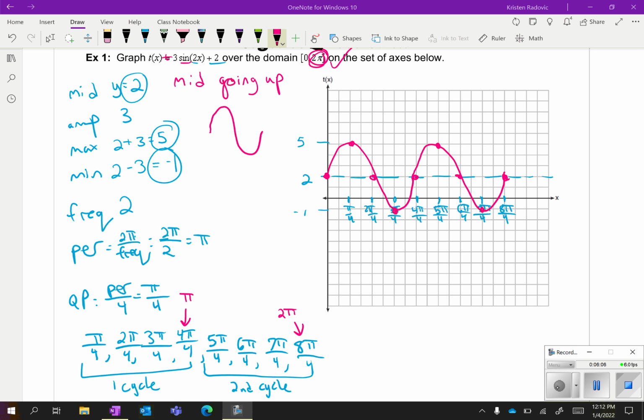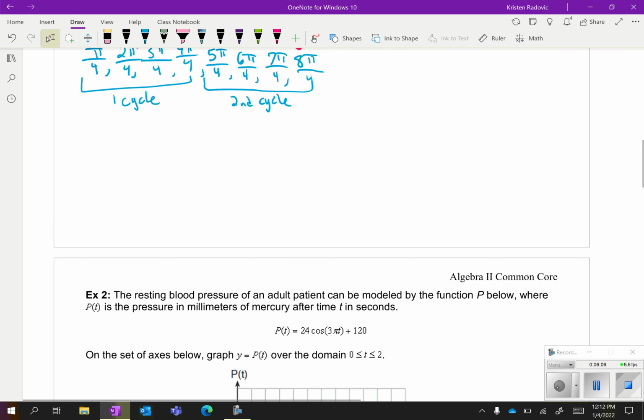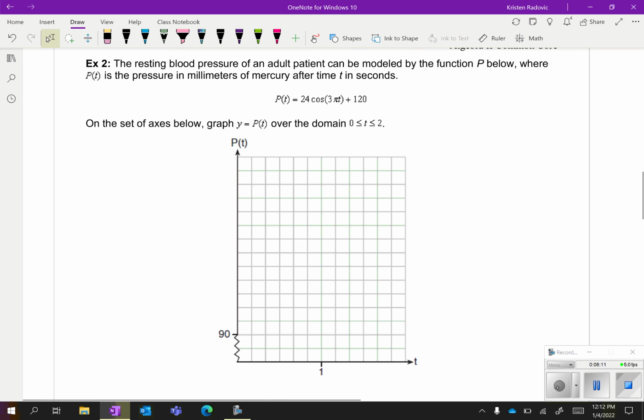And you're done. This is worth 2 points. Going on to a more difficult question. A lot of times with trig, they're going to make questions that have to do with